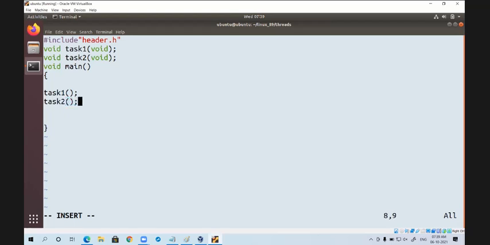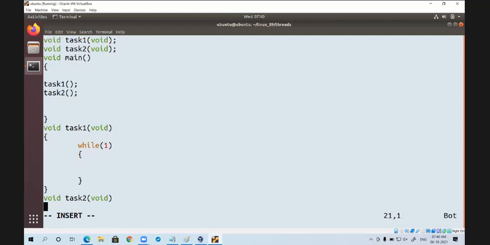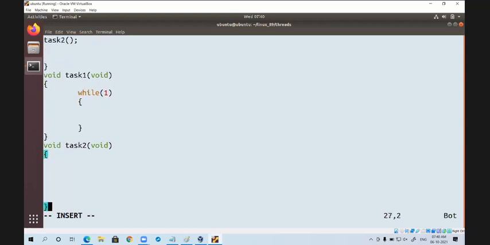Now void task1: in this there is a while one loop. Void task2: in this there is a while one loop.